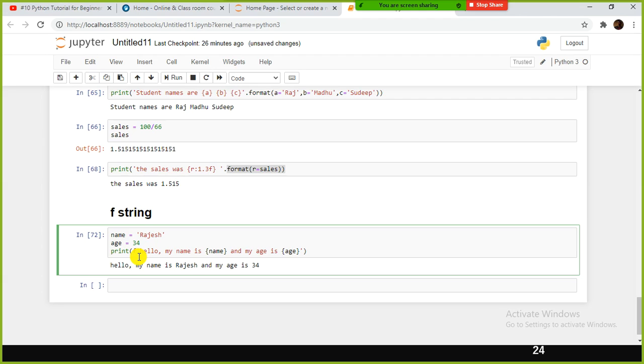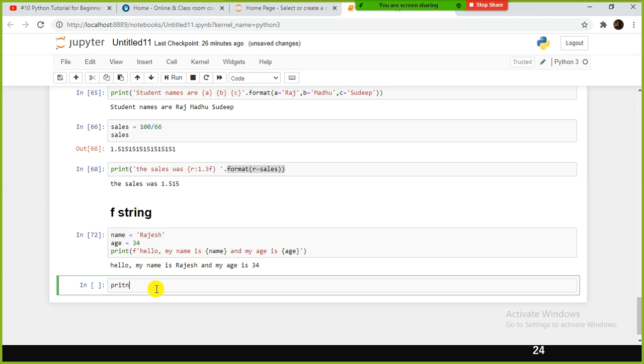And traditionally we use the percentage sign. In those days we use percentage s, percentage d. For decimal we use percentage d. To pass the numerical variable value inside the string, we use percentage d, percentage s. For example, that is another way of doing it. That is what we used to do traditionally in the past. So now in version 3 of Python, f-string is available, using which you can do string interpolation. Okay.